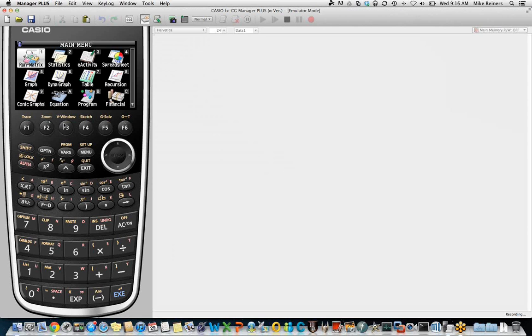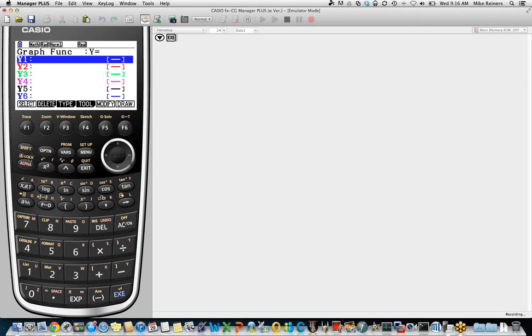The text above all of these keys, F1 through F6, are accessed primarily when we're in the graphing mode. So if I move down to icon number 5 here, which is graph on the main menu, these are all commands that automatically trigger when we're inside graph. To give you an example, if we go to the graph mode for a moment and graph something simple like y equals x squared